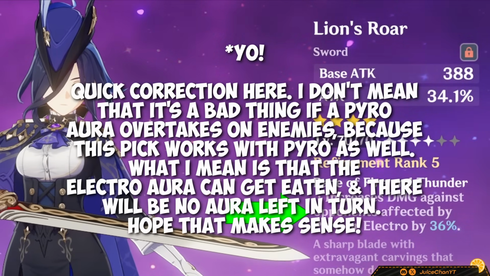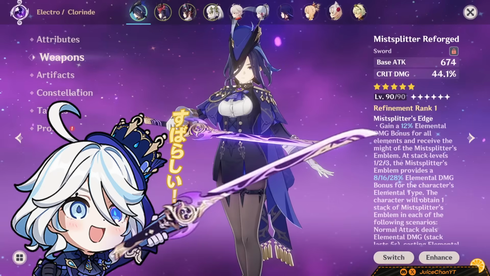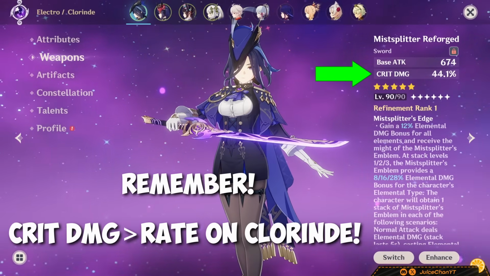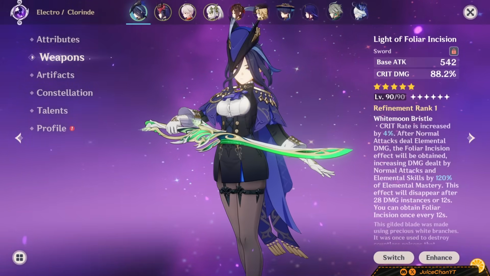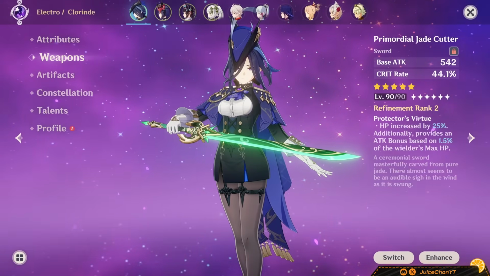overtaking your Electro Auras. Mistsplitter and Haran can act as great alternatives to your signature. I like Mistsplitter more, as crit damage has a higher substat value on Clorinde compared to a bunch of crit rate, but you won't go wrong either way. For this reason, I also prefer Foliar Incision and Uraku Misuguri over the likes of something such as Primordial Jade